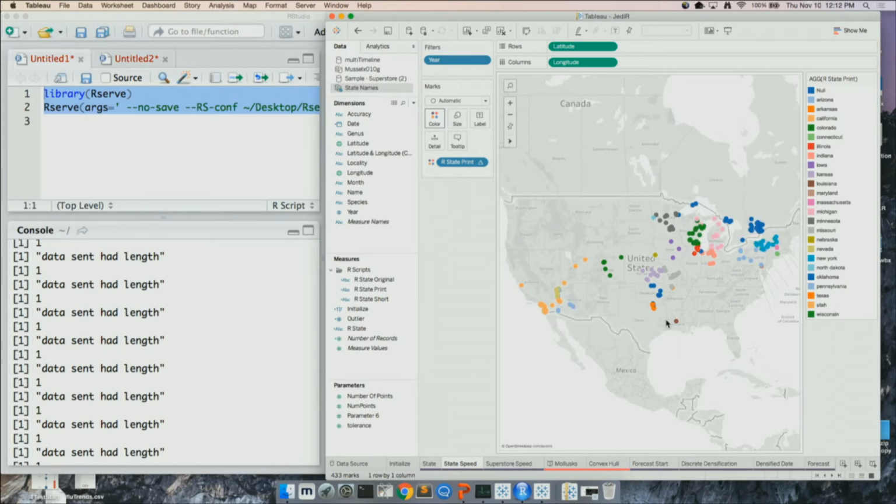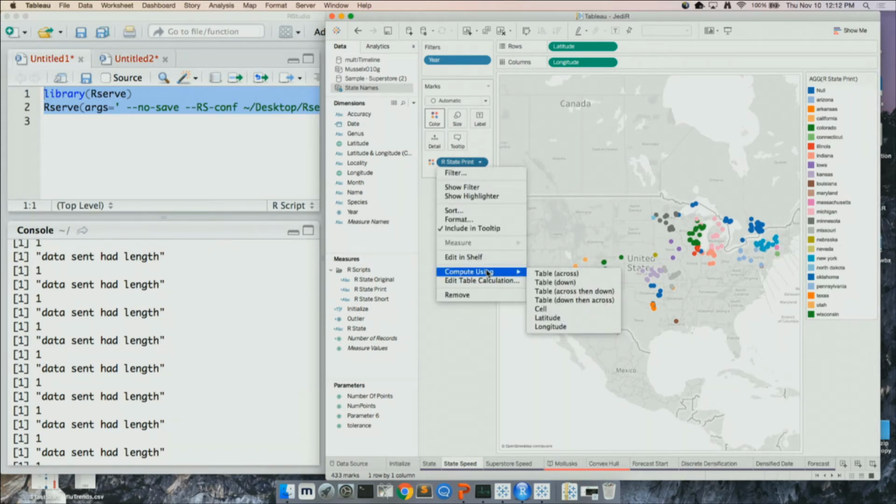You could have sent all of the data on the viz over at once, and then it would have been much faster. You wouldn't have to do all that communication. How can we fix this? What we can do is come here and say compute using, by default, it's table across, which I'll dig into a bit. That means for every single different latitude value, you're making a separate call, one for every single one. If you do across then down instead,